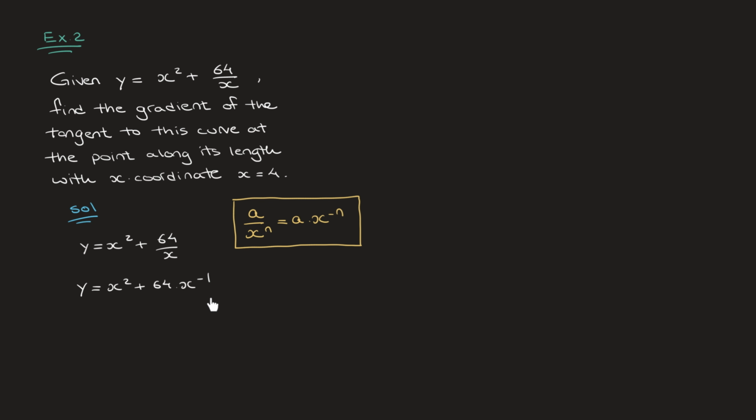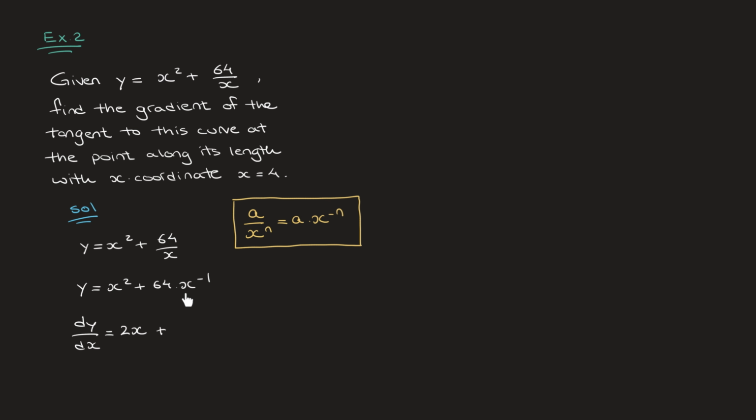Okay, now that that's out of the way, we're ready to differentiate using the power rule for differentiation. And here, since we were given the equation in terms of y and not f of x, I'll go ahead and use the dy dx notation for the derivative, but if you prefer, you can use f dash of x. It makes no difference at all. So differentiating this, we can state that dy dx is equal to the derivative of x squared, which will be 2 times x to the power of 1, so simply 2x, plus